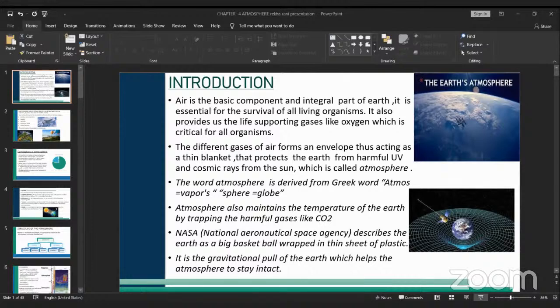Subpolar high pressure belt, the region extending from 66 degrees to the north and south poles. The sun's rays in this region are very slanting, due to the low temperatures. Because of compression, the density of the air increases, and high pressure is also increased. Here you have high pressure because the rays of the sun are very slanting.